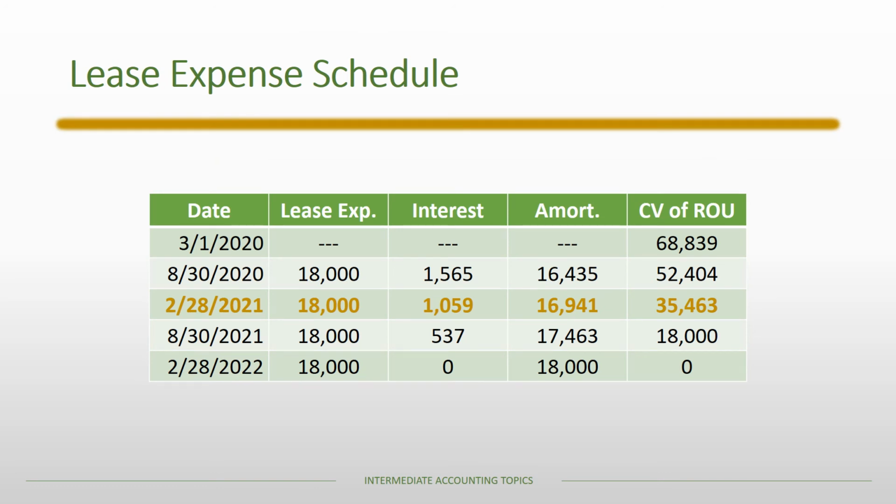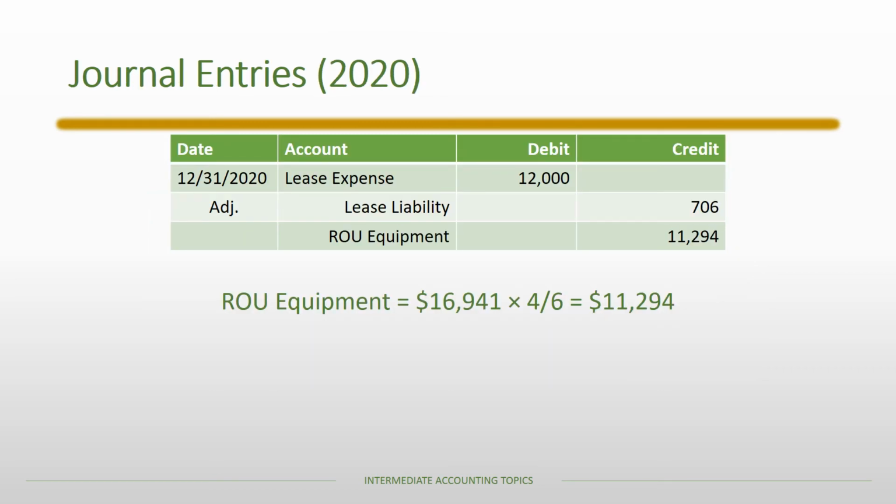We're also moving down the lease expense schedule because we need the amortization of the lease asset as part of this journal entry. Again, the amortization is the amount that is amortized between August 30th, 2020 and February 28th, 2021. Again, 4 months of the amortization has taken place. And so we amortize the right of use equipment 4/6 of $16,941 for a total of